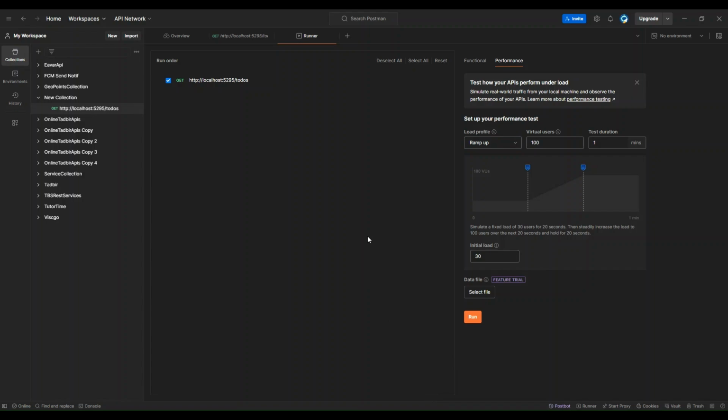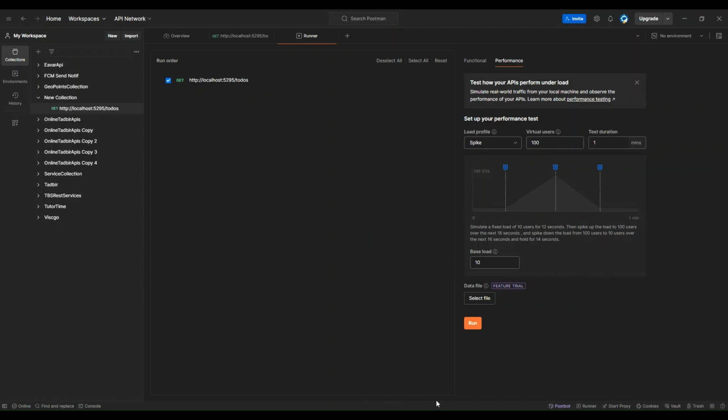Alright, let's talk about the last two load profile options, Spike and Peak. Now, I'm not gonna dive into these step by step, but here's a quick rundown of what they do, and then you can go ahead and test them out on your own. Spike is pretty straightforward. It's designed to simulate a sudden, sharp increase in traffic like what happens during a flash sale or when a link goes viral. You'll see the number of virtual users spike up instantly and then drop off just as quickly. This helps you test how well your API handles sudden surges in traffic.